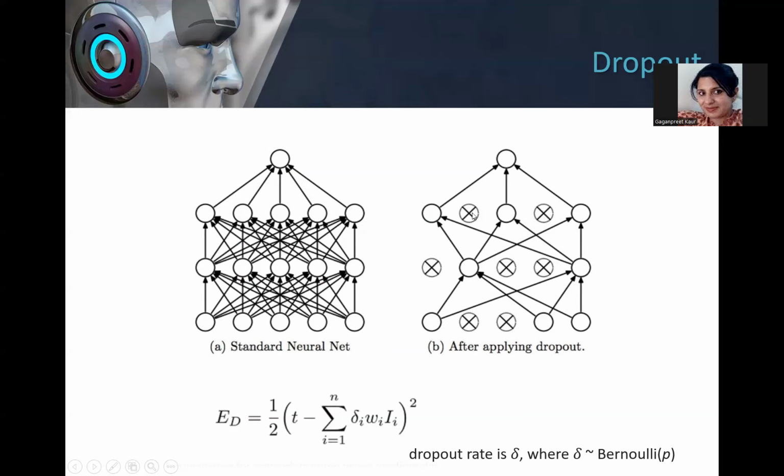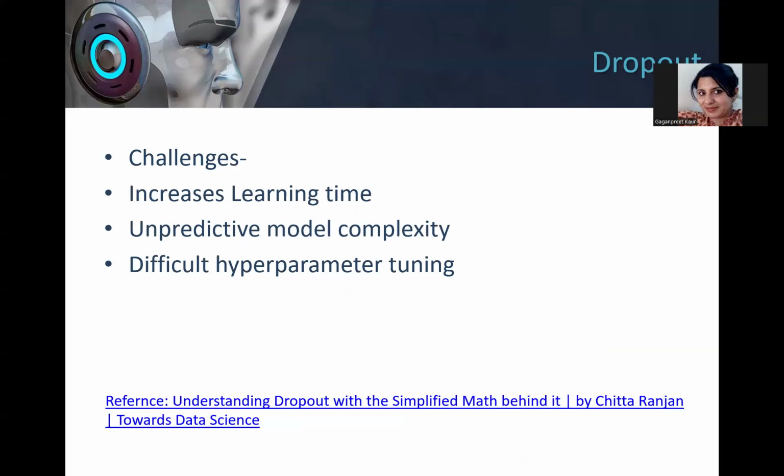And this ensemble of 1, 2, 3, this is the effect I am able to get, that what their role is. Similarly, this layer it is different, so it is layer to layer what is being applied. And this is the modified term of my error. T is my target, these are my weights, I is my input. So I am introducing a term delta I, which is dependent upon the Bernoulli probability, which decides the probability.